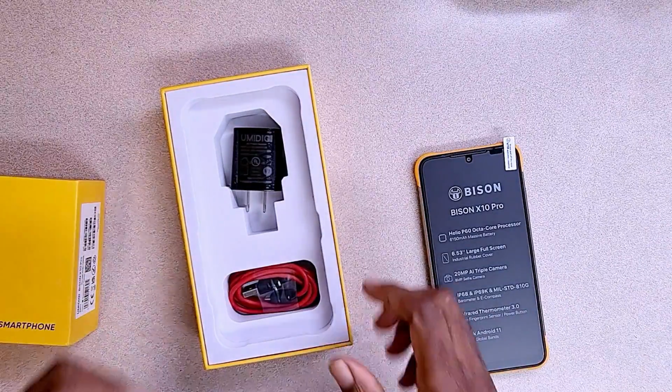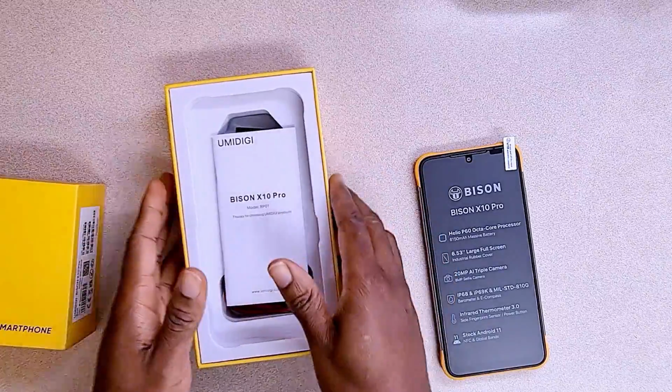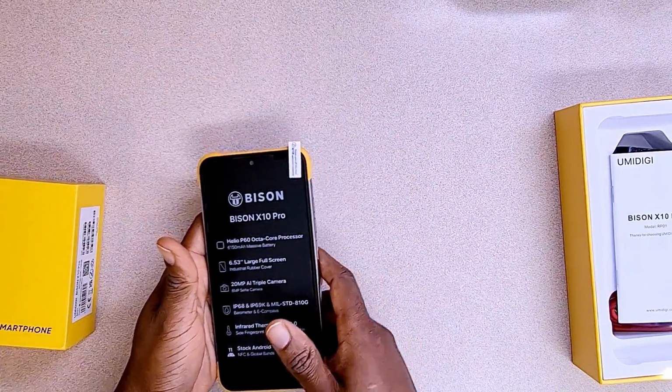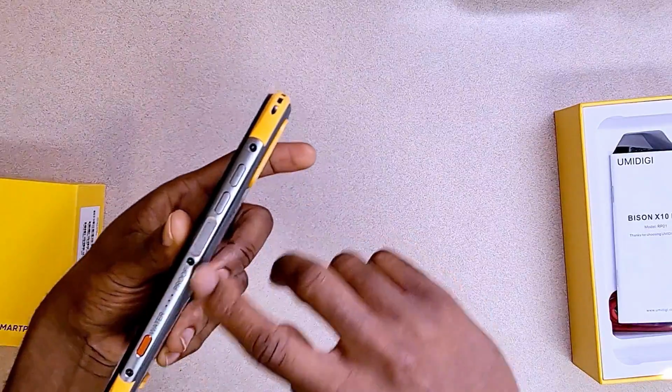Okay, so the next thing we're doing now is looking at the phone itself. Right? Let's get this out of the way and talk about the Umidigi phone itself. The Umidigi Bison X10 Pro. All right, so from the outside, guys, you can see right here that it says waterproof here,